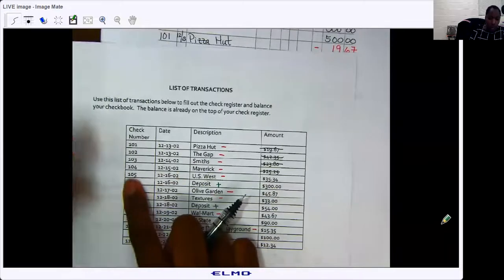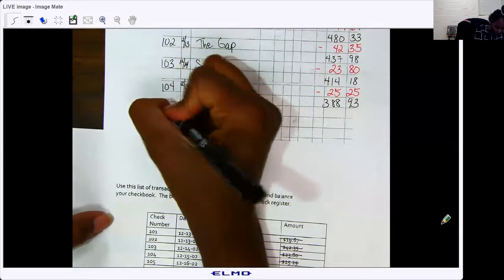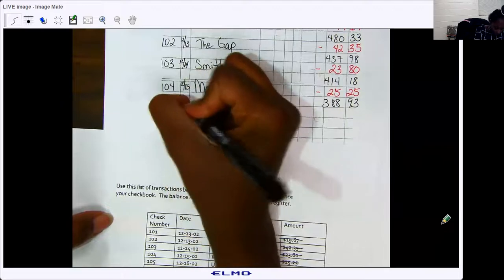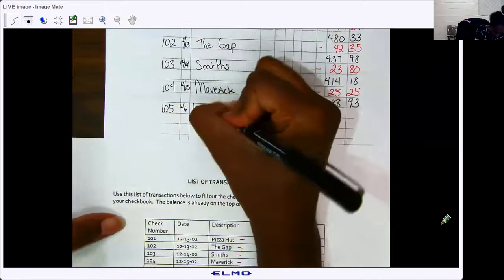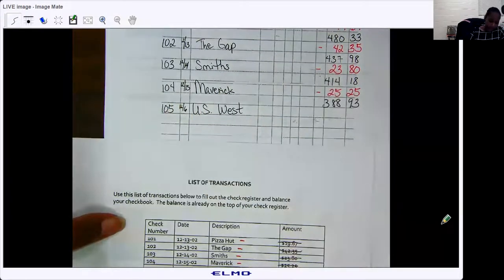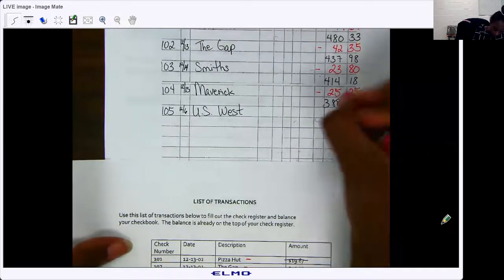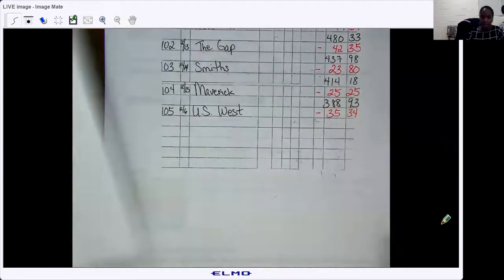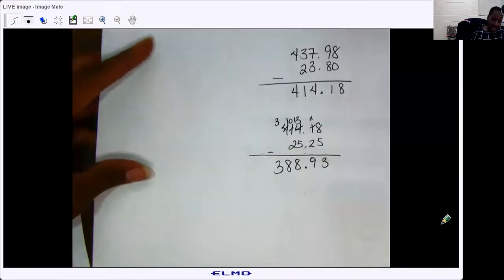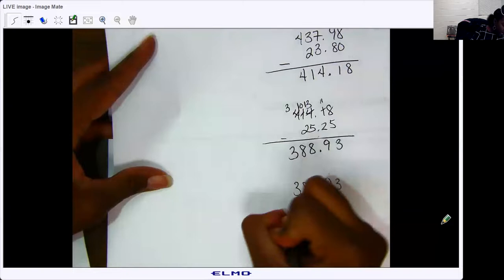Then we have check 105 on 12/16. So 105 on 12/16. And where did we spend that? At US West. So US West is where we spent some money, and that was $35.34. So minus $35.34. My handy dandy scrap paper. $388.93 minus